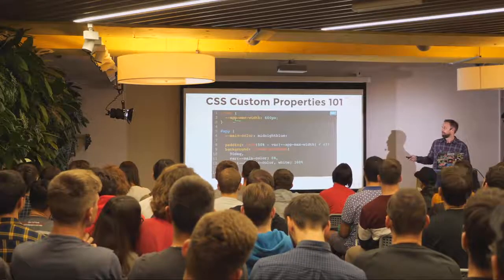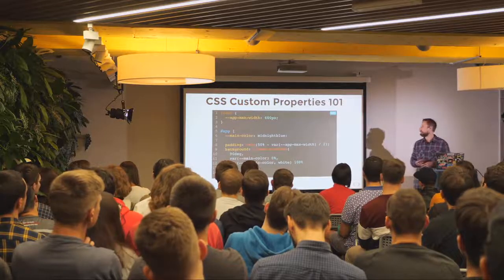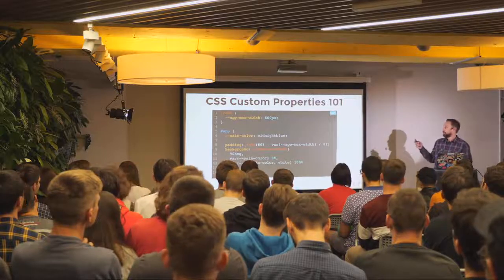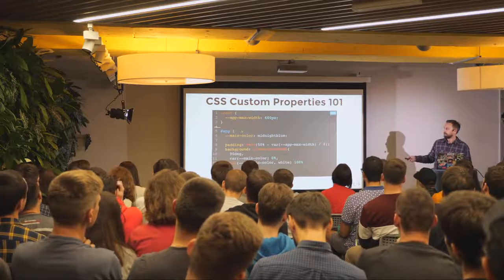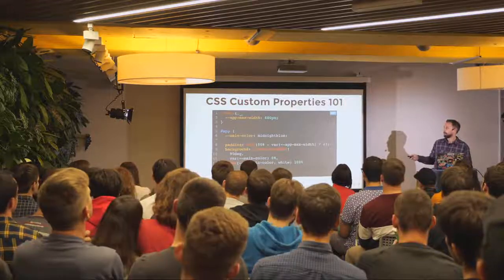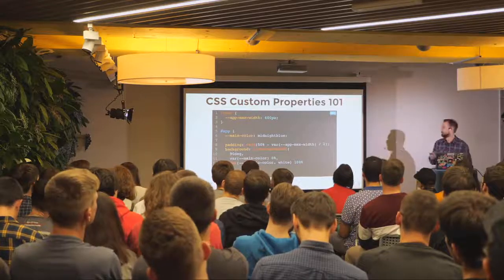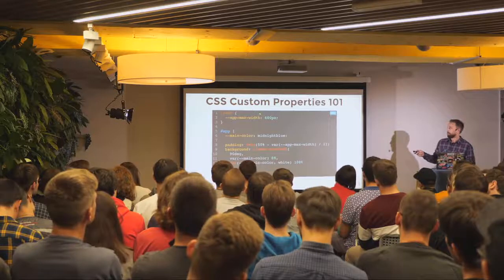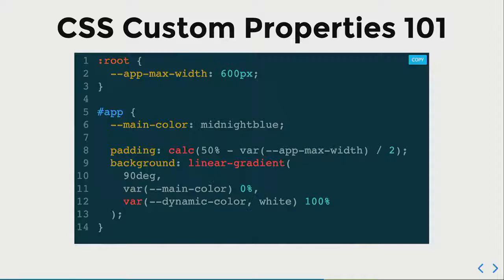and this property can store any value that you could normally have in a CSS property. You can set these custom variables either on any normal selectors like this one, ID or class or whatever, or you can set them as global variables on this root selector, which corresponds to your document element, HTML tag. And to use the variable in any other property, you should use the var function. You call it with the name of the property itself, and you will get the value that is stored in